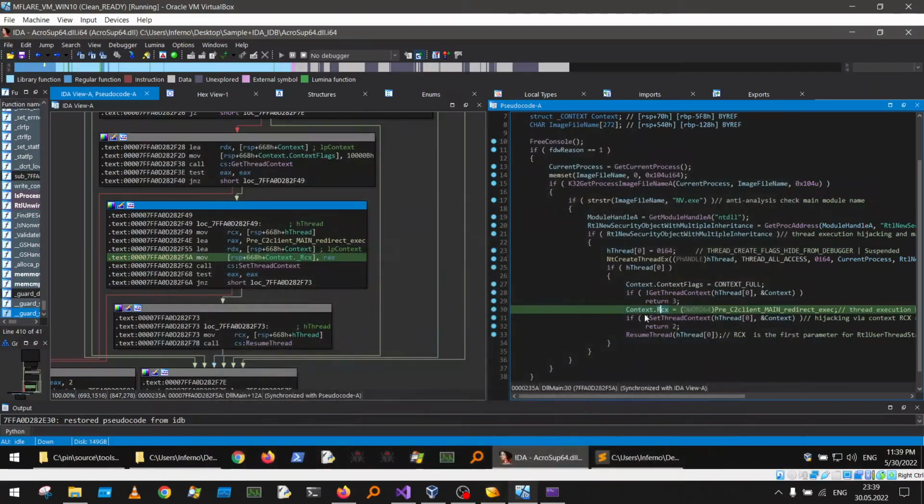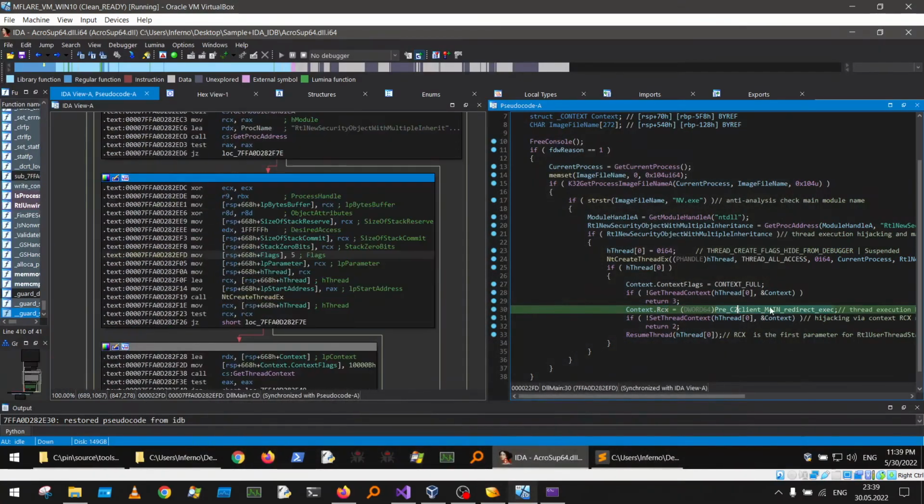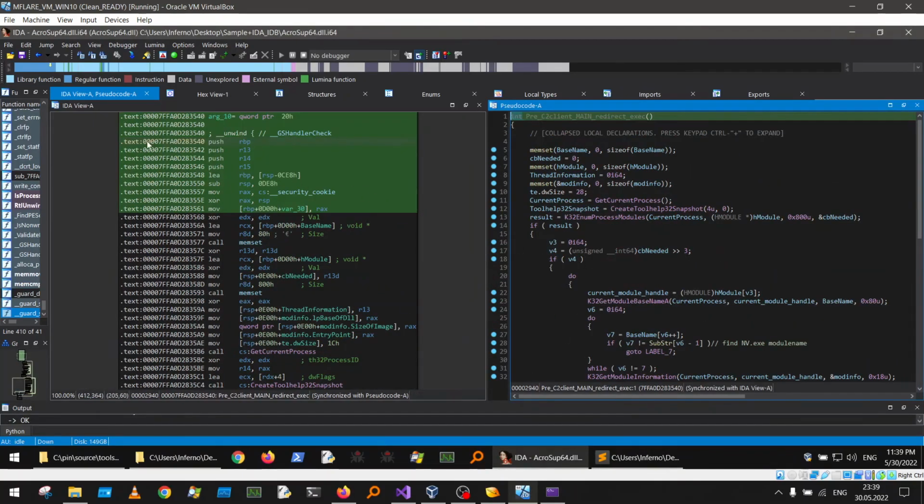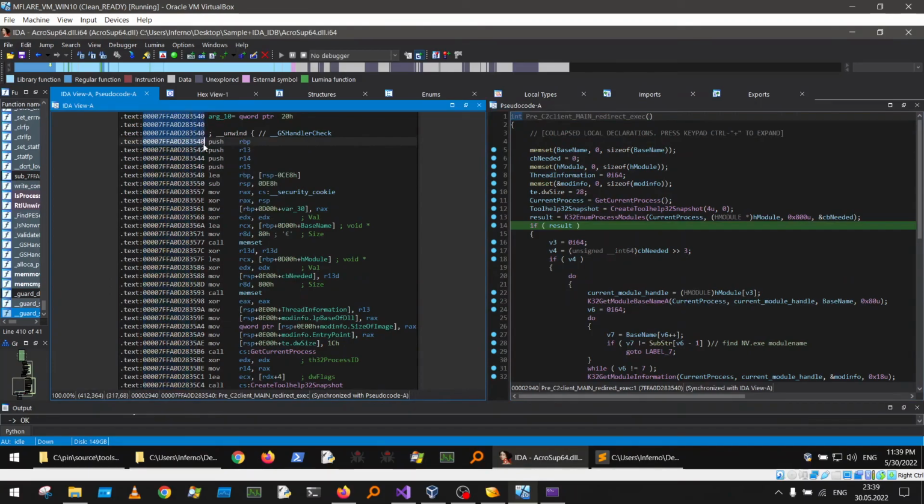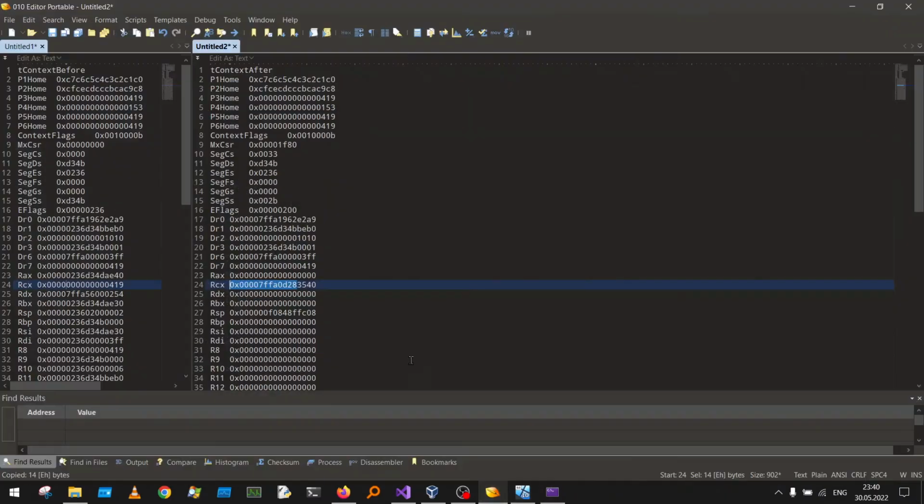So let's check the address. We know that basically this address goes to RCX for thread execution hijacking. So let's jump to this address. Yep, copy that, go to here,